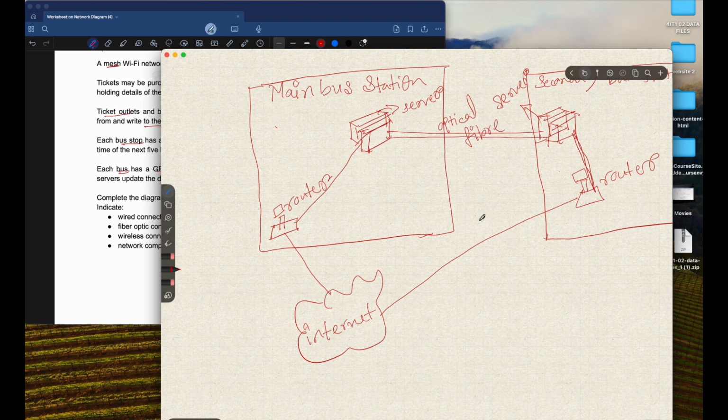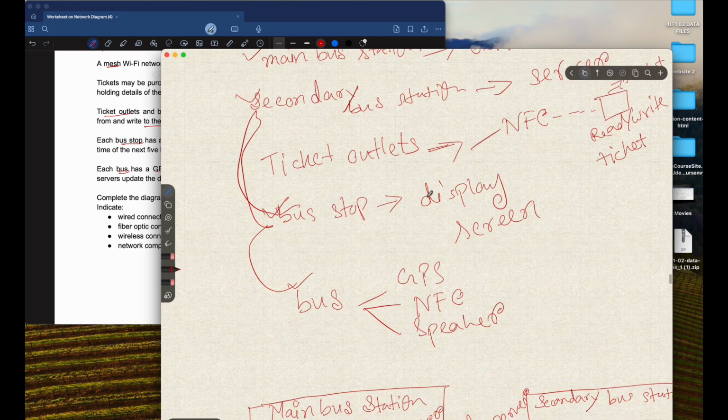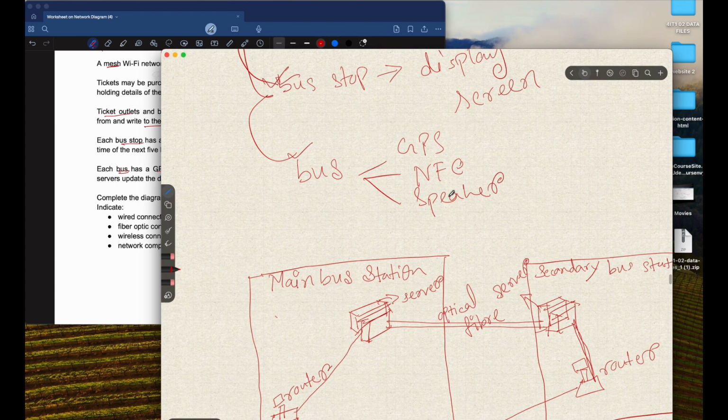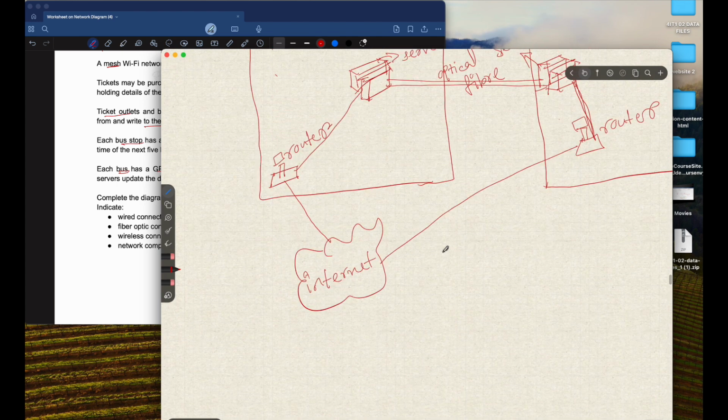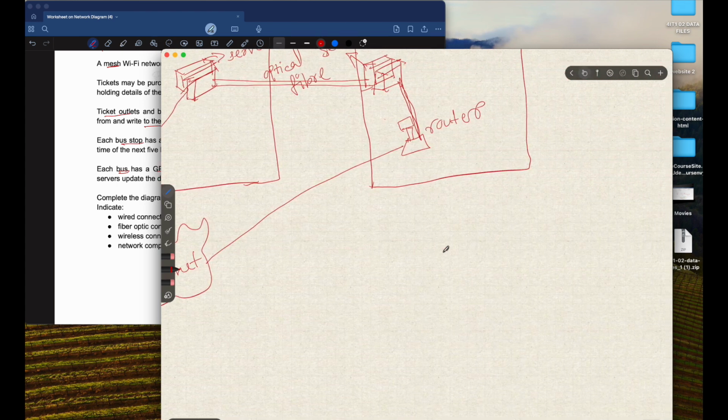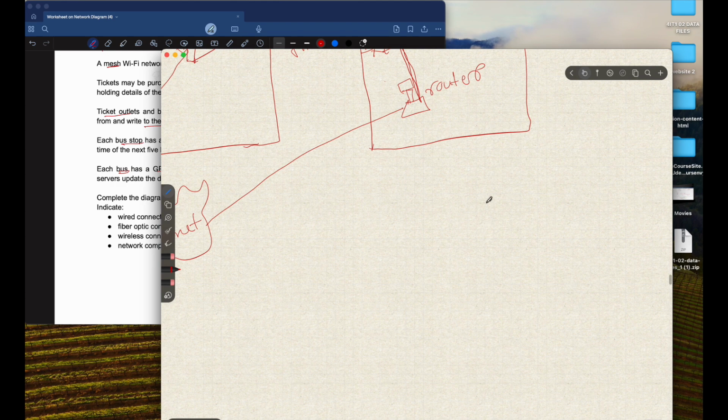Okay, so we added the optical fiber main station, done. Then they mentioned that they have a ticket outlet, right? Ticket outlet has an NFC, and NFC is able to read and write the card. So for that we can add a ticket outlet here. Maybe we can add, yes, ticket outlet,